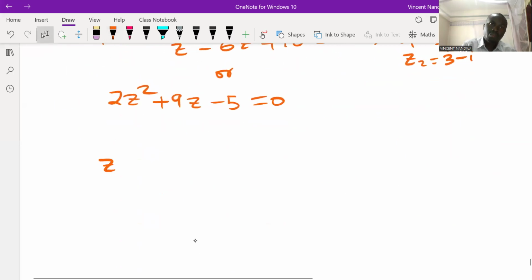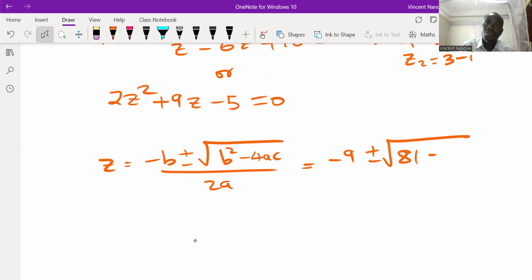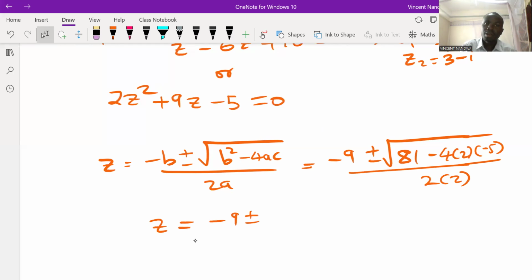So using quadratic formula, we'll have minus b plus or minus the square root of b squared minus 4ac over 2a. So I'll have minus 9 plus or minus the square root of 9 squared, which is 81, minus 4 times 2 times minus 5, divided by 2 times 2. So I'll have z is minus 9 plus or minus square root of 81 plus, so 4 times 5 is 20, times 2 is 40,